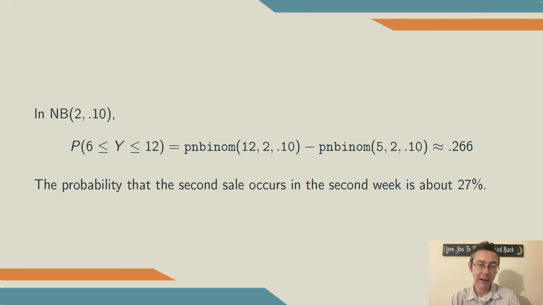Secondly, the probability that y is between 6 and 12 inclusive is pnbinom of 12, 2, 0.10 minus pnbinom of 5, 2, 0.10. So I'm taking the probability that y is less than or equal to 12 and then subtracting off the probability that y is less than or equal to 5, to leave only the probabilities that y is between 6 and 12 inclusive. Again, because we're having a discrete distribution here, we have to be careful about when we include the endpoints in this interval. Overall, we get about 26.6%. So that's the probability that the second sale occurs in the second